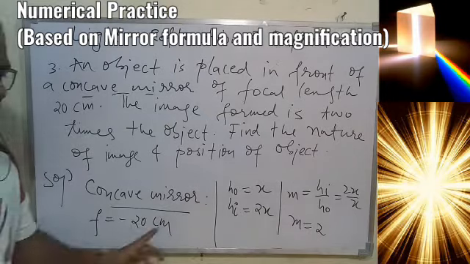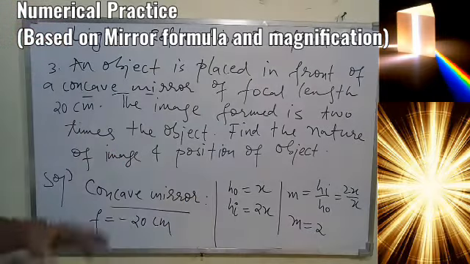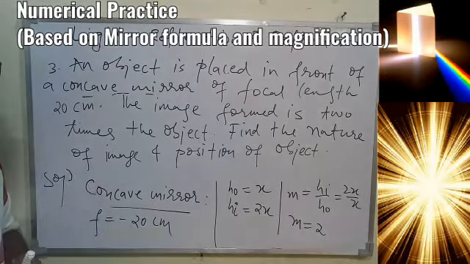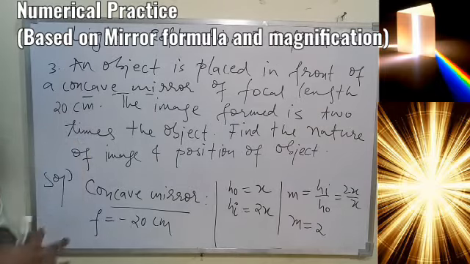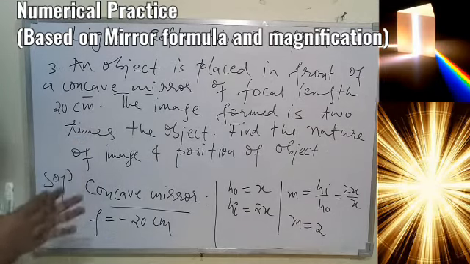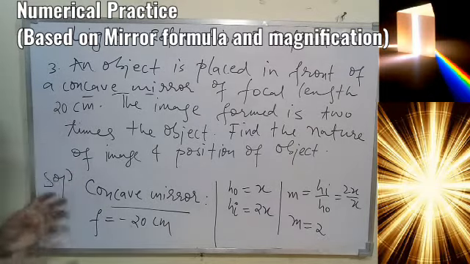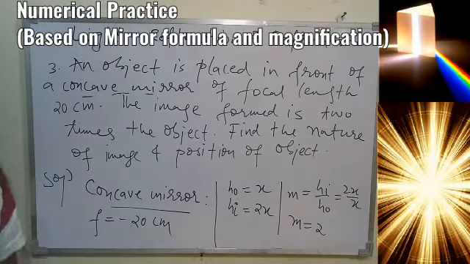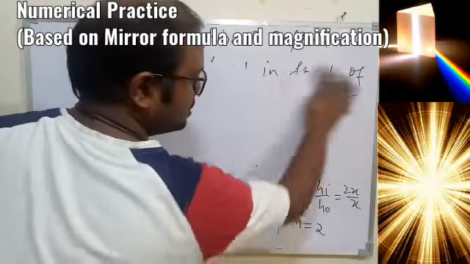And we know one thing, if magnification is 2 means it is greater than 1, means image is magnified, and magnified image by concave mirror can be real and can be virtual also, because we know virtual image by concave mirror is always magnified, that is also possible. Even real image can be magnified, that we also know by a concave mirror. So since concave mirror can form magnified image that can be real or virtual both, again here also we'll have to take 2 different cases. For the concave mirror only we'll have to see the 2 different cases, the image can be real, image can be virtual. So that is how this numerical is also different from what we have done till now.